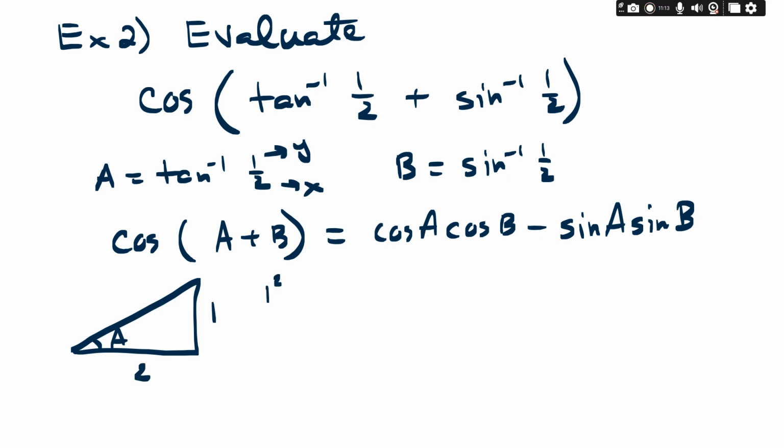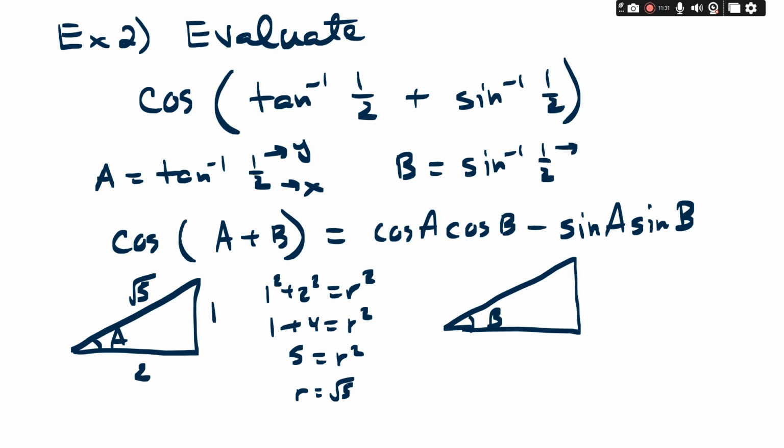So how about 1 and 2? Use the Pythagorean theorem. So 1 squared plus 2 squared is equal to r squared. How about a 1 plus 4? Okay, this is very similar to something we did before. So how about a hypotenuse of root 5 for angle A? Angle B,